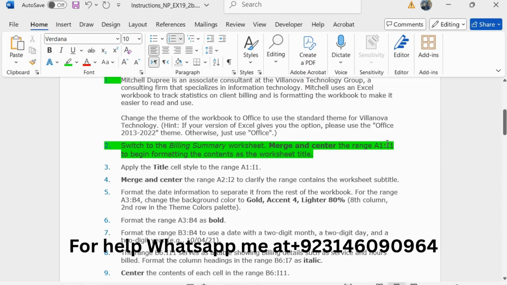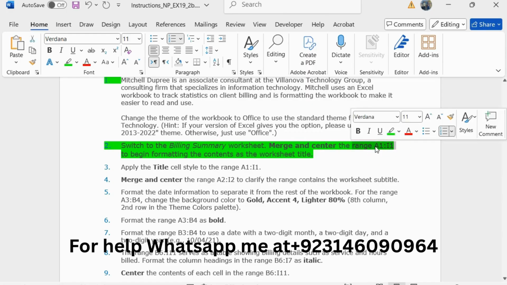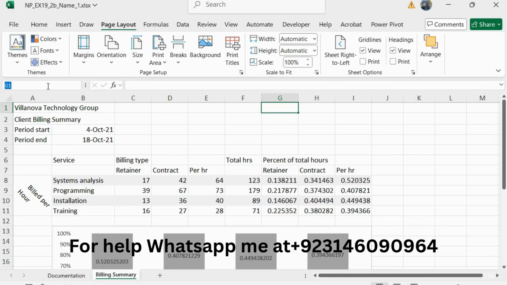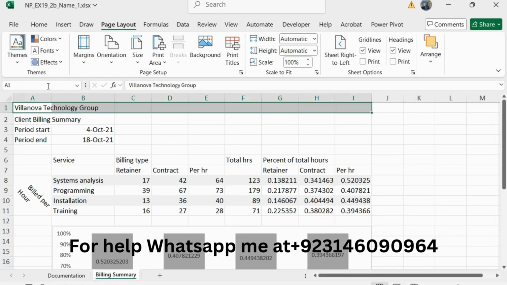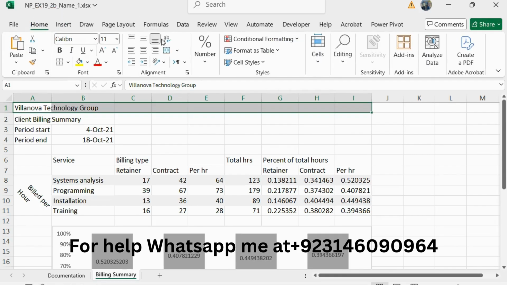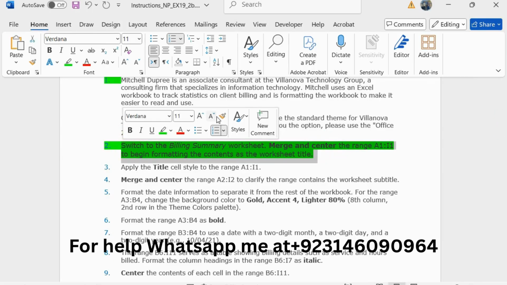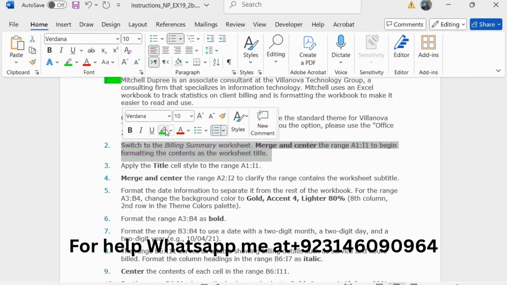So select the range A1 to I1, go to the Home tab and click on merge and center to merge and center the range. So I have completed two steps successfully.